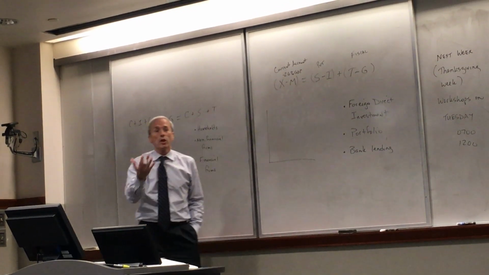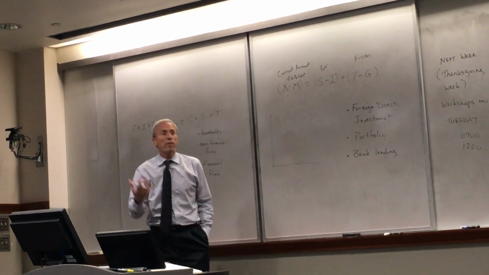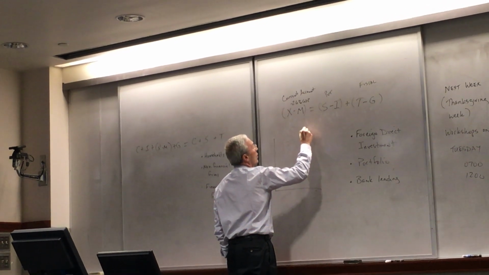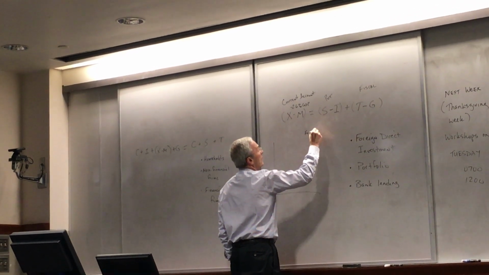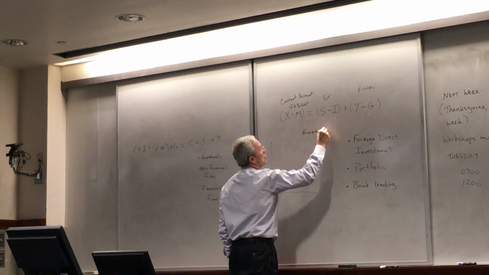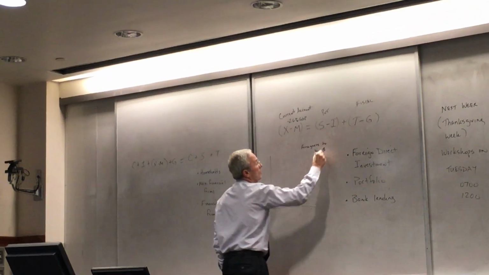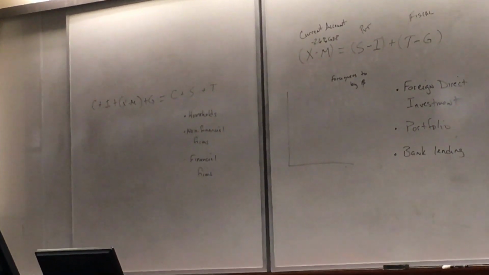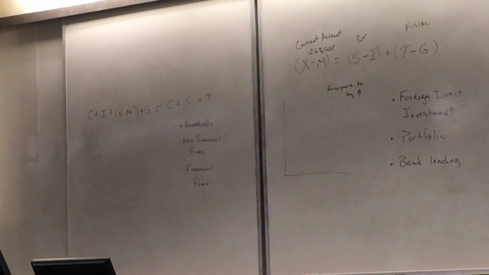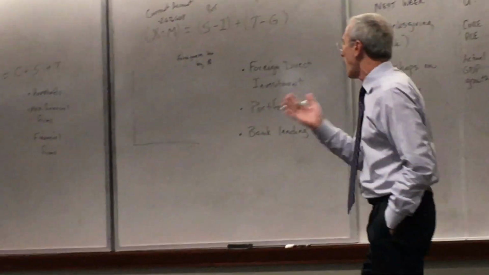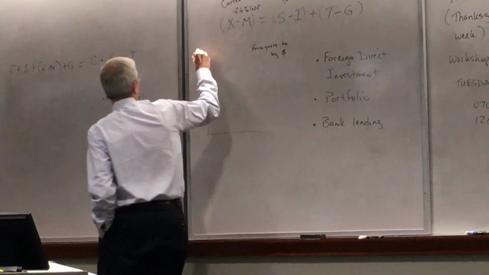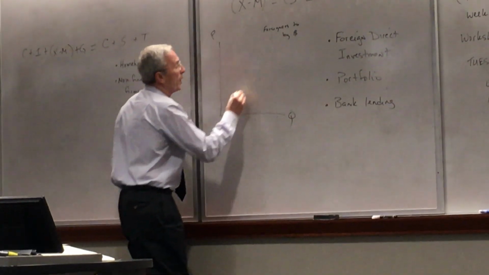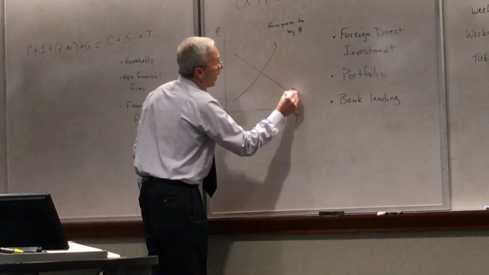So if you're going to use supply and demand, first you define the market. This is the market for foreign currency, for foreigners to buy dollars, okay? So I have euros and I want to buy dollars. I have Chinese currency and I want to buy dollars. I have yen and I want to buy dollars. So that's the market. Like any market, we have a price, we have a quantity. We have supply, we have demand.